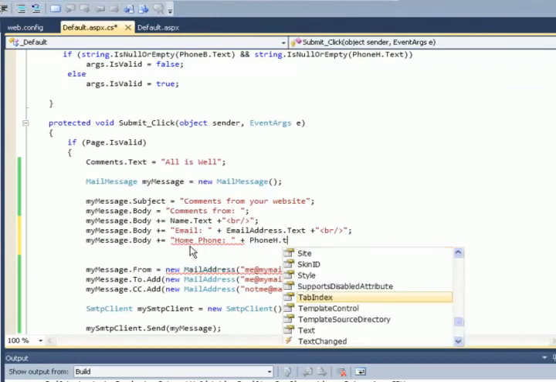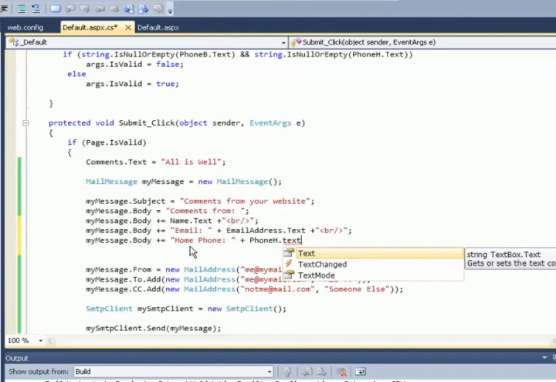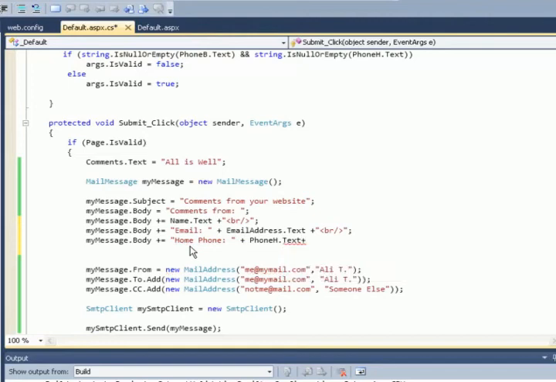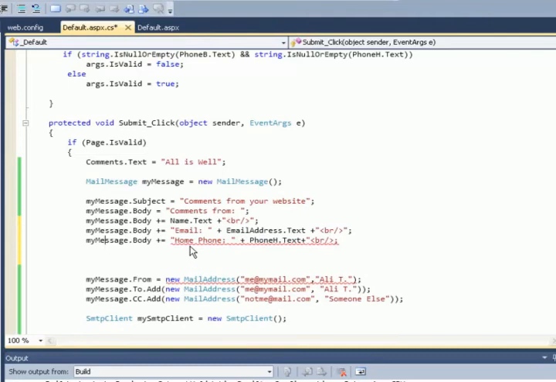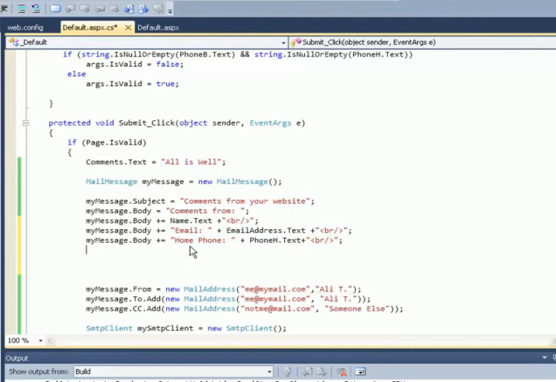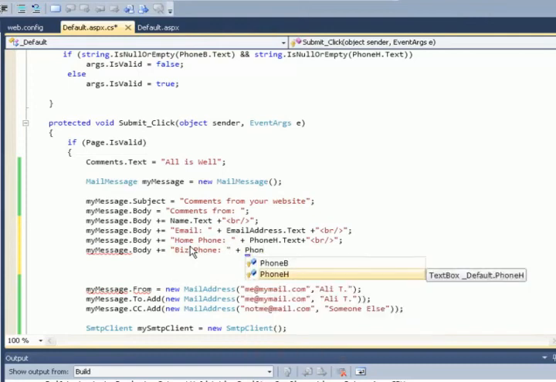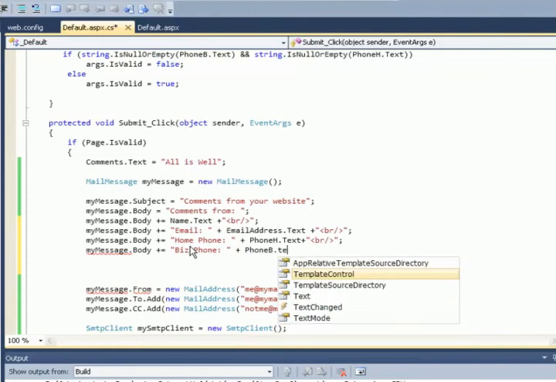Phone h.text plus a return, the HTML tag for return, and again my message dot body, add to it business phone, add to it phone business dot text